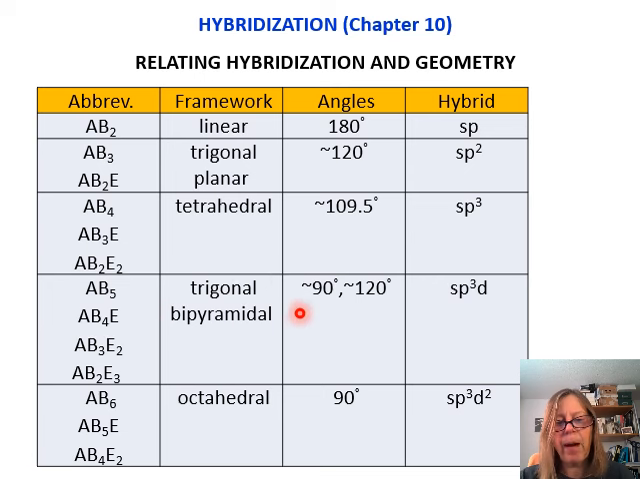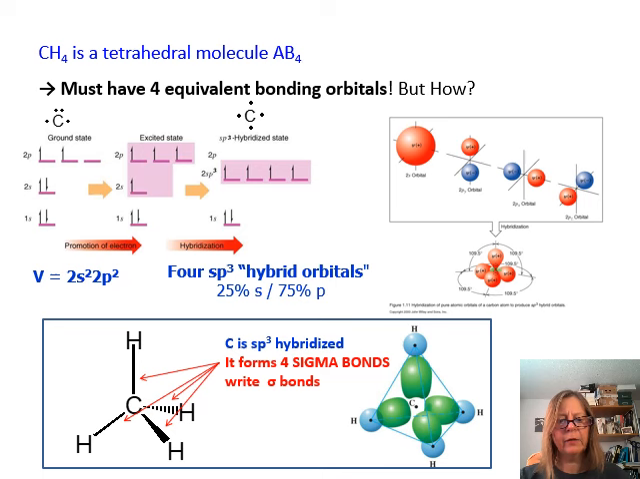A trigonal bipyramidal framework, whether it's AB5, AB4E, AB3E2, or AB2E3, is an sp3d hybridization, and an octahedral framework, whether it's AB6, AB5E, AB4E2, is an sp3d2 framework. Over the next few slides, we are going to explain this concept of hybridization using carbon as an